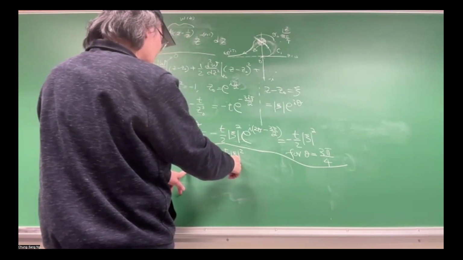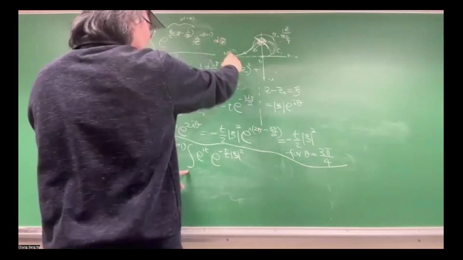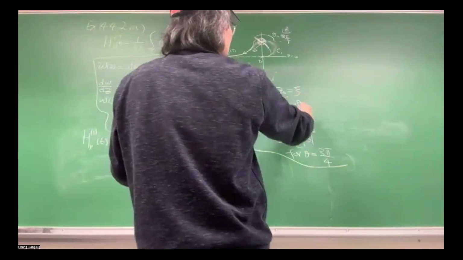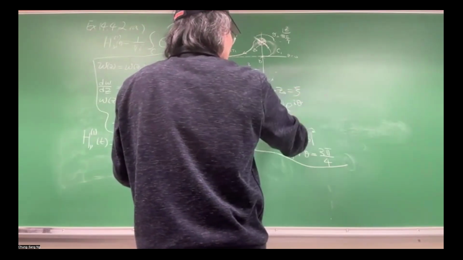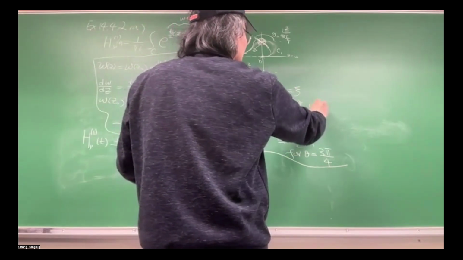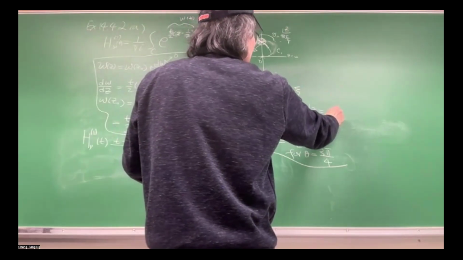Right, and now the dz, so this is dz minus c0. It's this one, so dz is d cut c, or